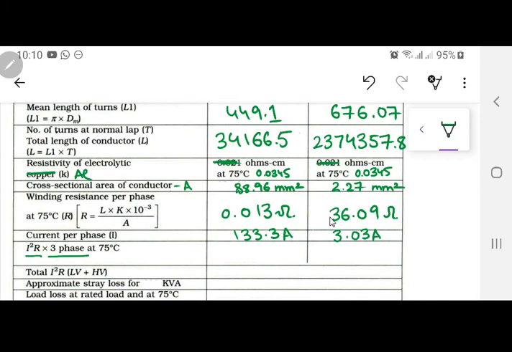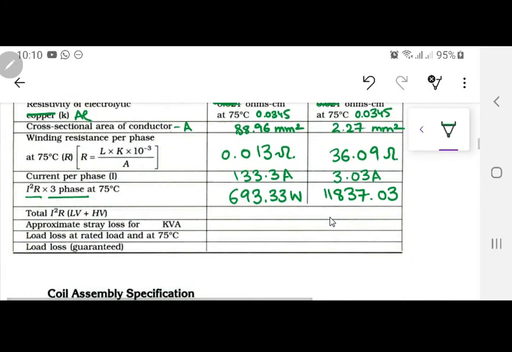जी बेटा. 693.33. The units are watts. जी बेटा, next one. 118. Next 0.0. ये चलो, 11837. आर यू श्योर? ये गलत है, ये तो 11,000 में पहुंचा दिया है.